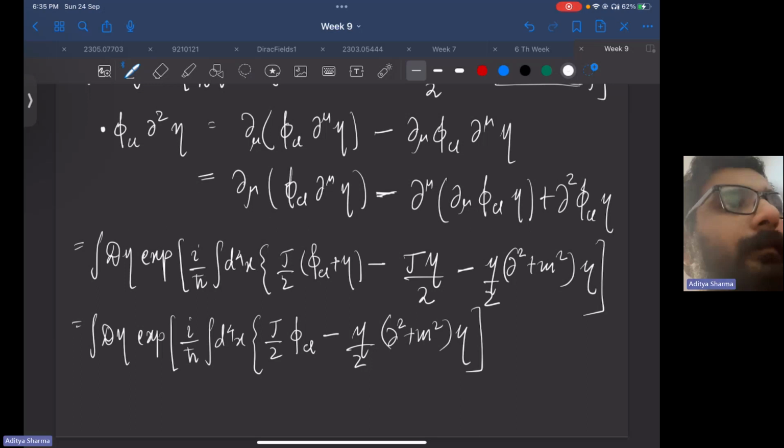So I'm going to separate this part now. This part is purely a constant. Oh, sorry, this part has a functional derivative on the J. Okay, so you have